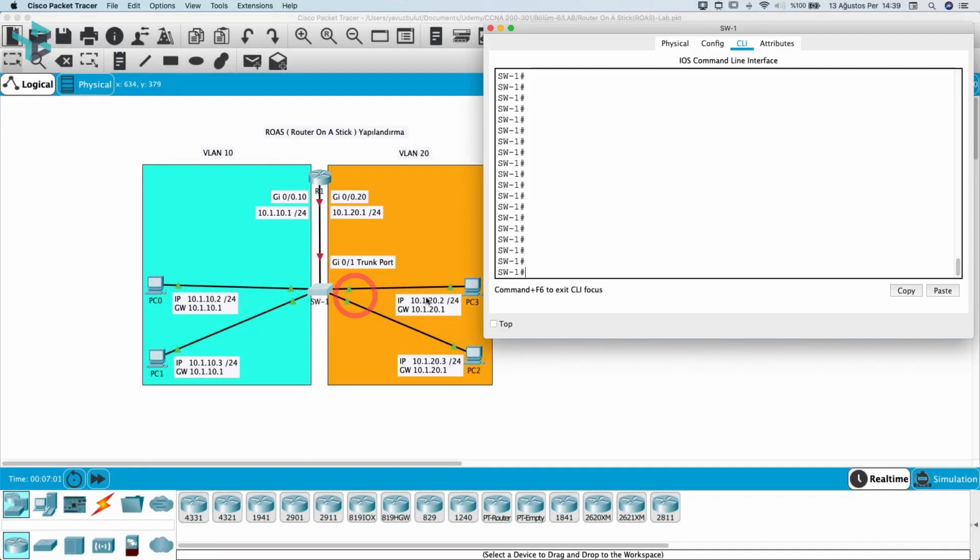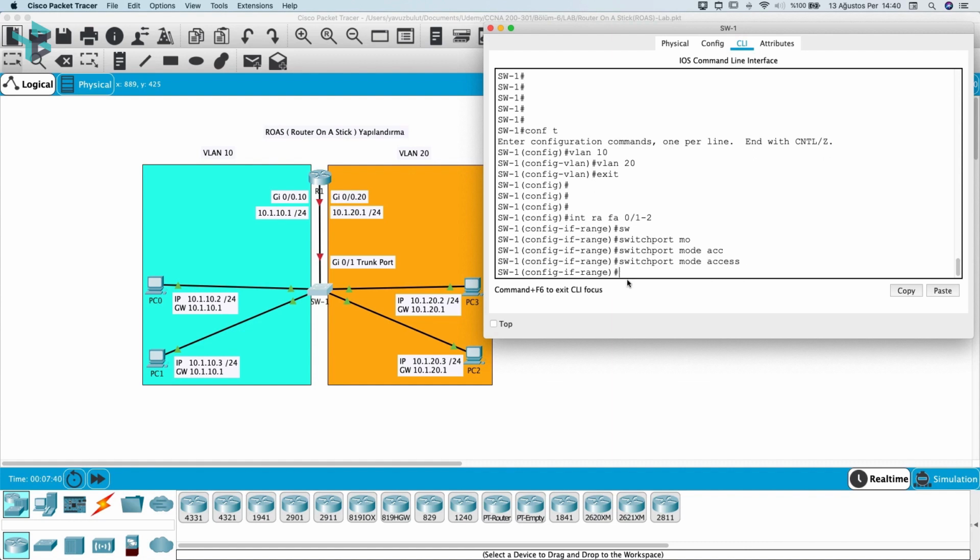First, let's start with the switch. I write VLAN 10. When I type VLAN 20 without exiting here, VLAN 20 is created, but you need to type the command exactly, where the tab key does not work. Let's call it exit. Let's do both ports at the same time using the interface range command. We say switchport mode access. I write switchport access vlan 10. I write the commands briefly.